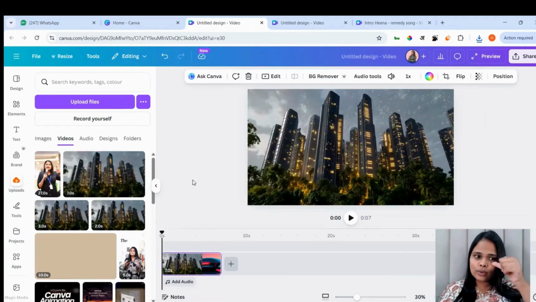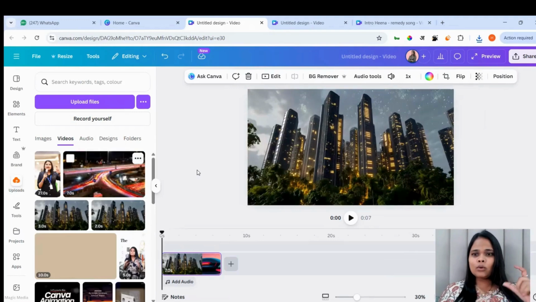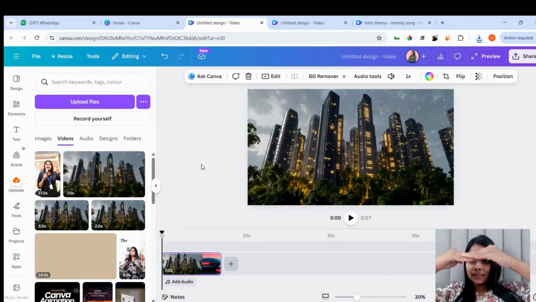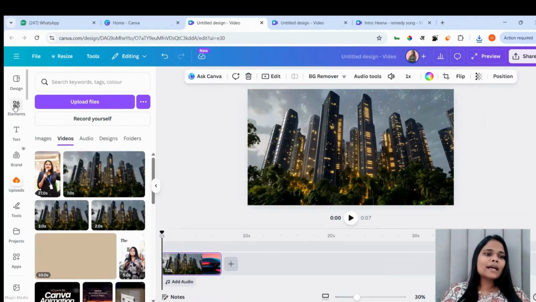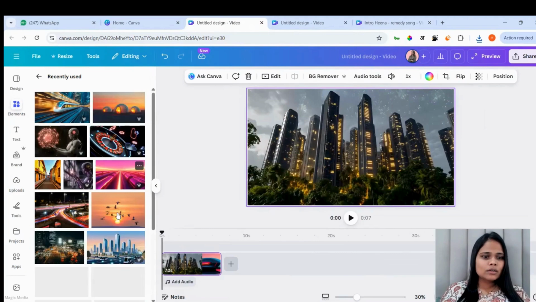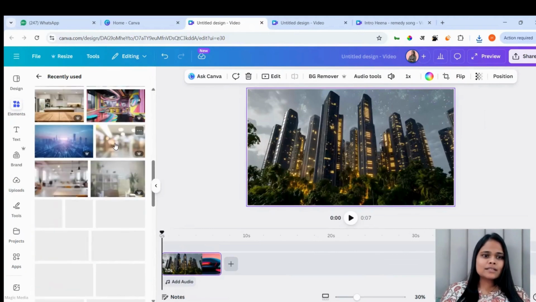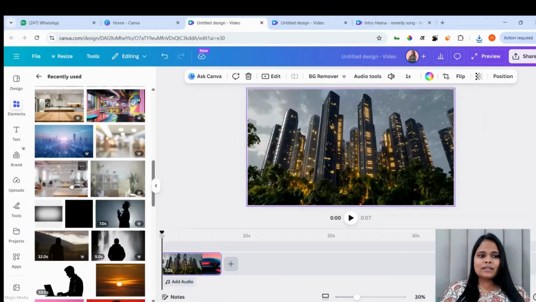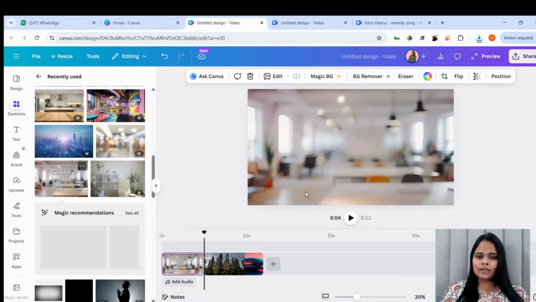The next thing you have to do is add a foreground, right? Like the picture that goes behind your video so that the opening scene happens. So for that, let's go to photos and choose a picture, right, that we want. So I'll choose this. Okay, you can choose any picture. Like, I like this one. I can add it over here.